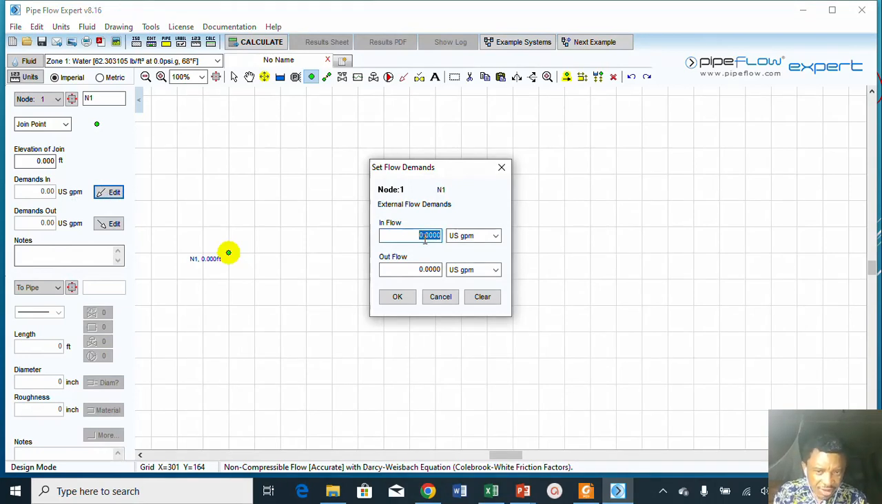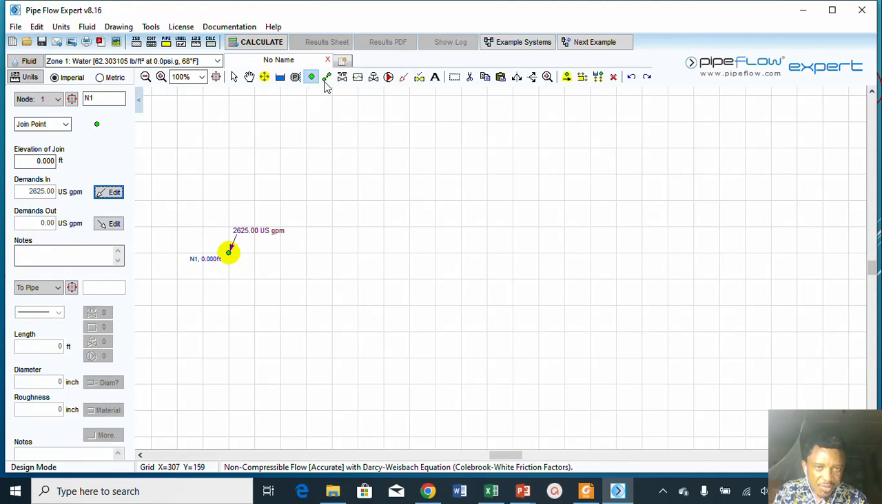I need to change this to this. Now the flow rate in gallons per minute is 2625. So now we need to put in a demanding flow into the pipe, which is 2625, the same thing as 90,000 barrel per day. So in US gallon per minute, it will be 2,625 US gallon per minute. So now I will just say okay. So it's added. Now I will add a pipe from here